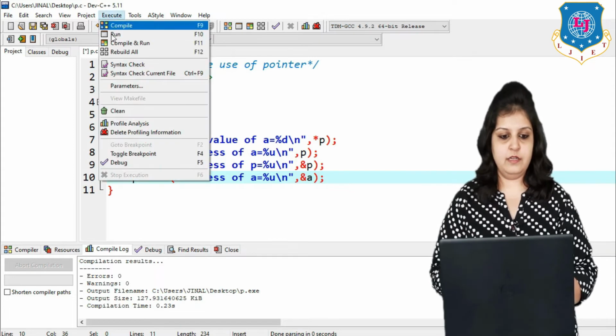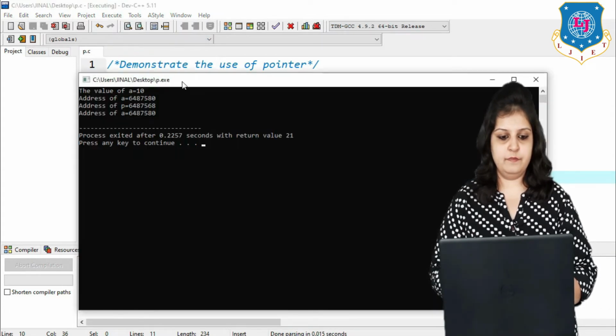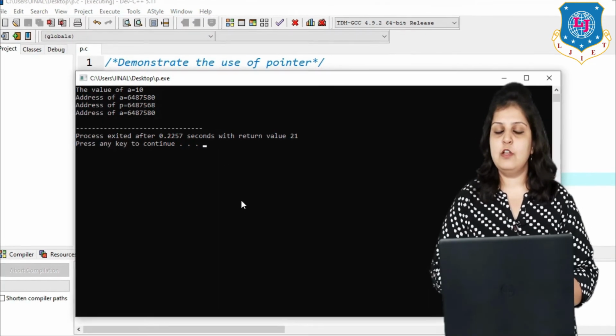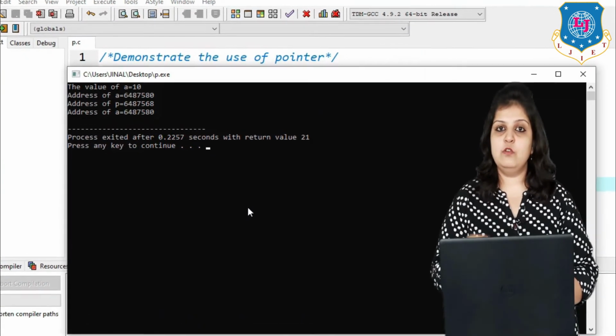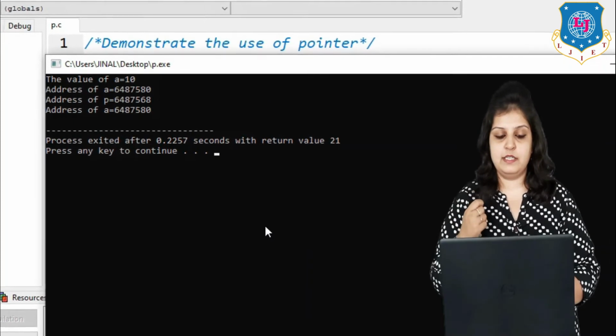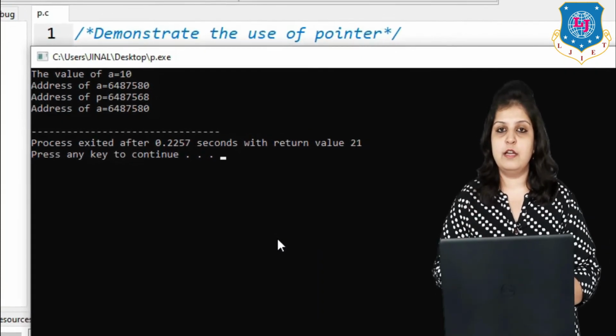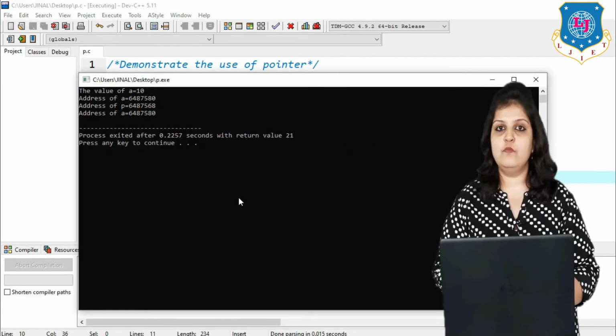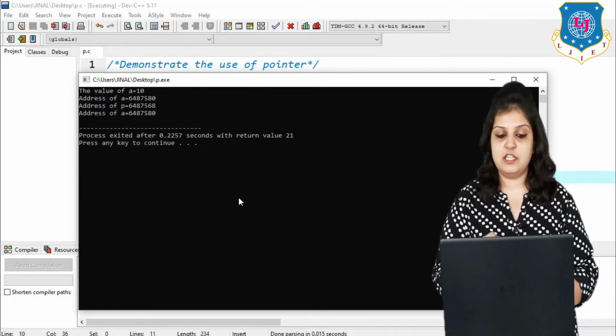Now again run the program. On the output screen, by using the pointer you get the same address 6487580, and by using the a variable also you get the same address, which is the address of the a variable.